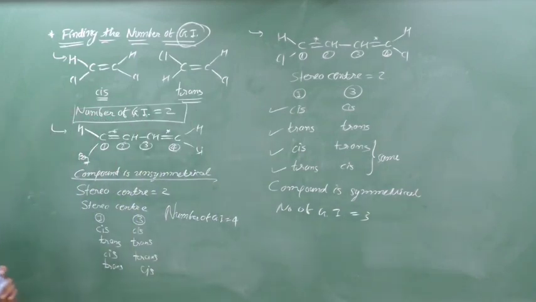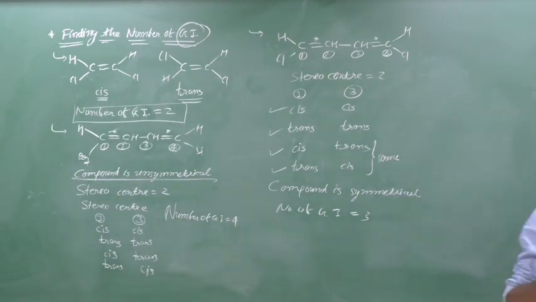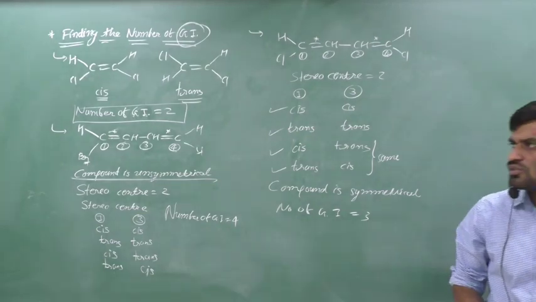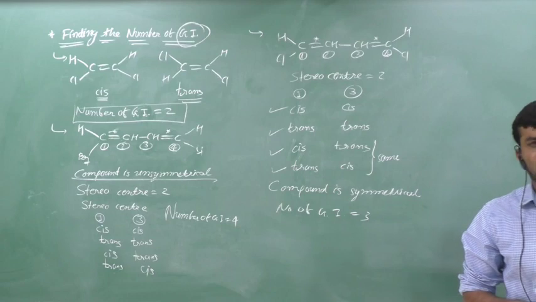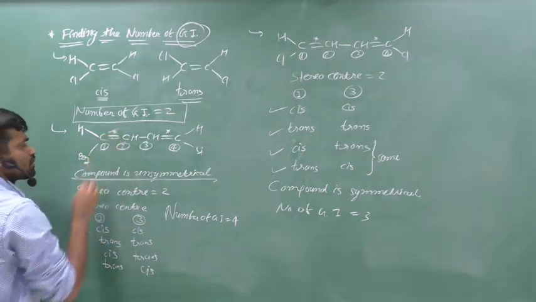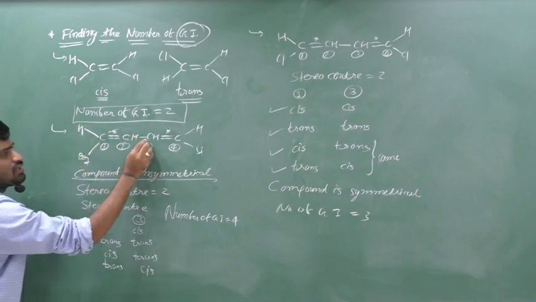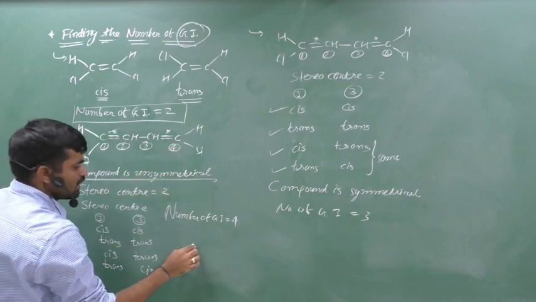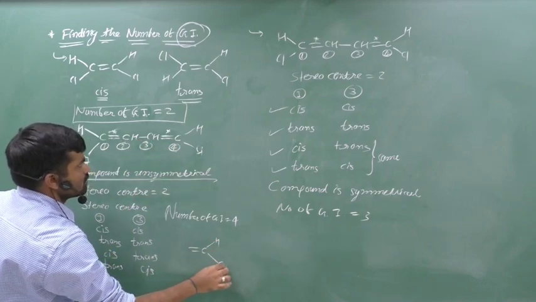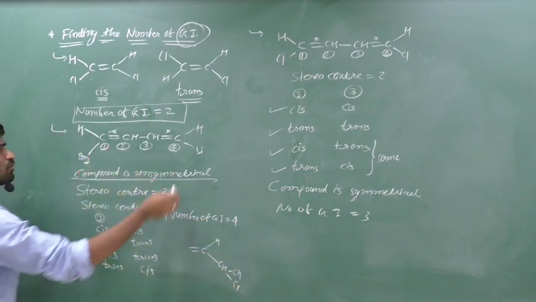Now we find the stereo centers in this compound from which it shows GI. We discussed in the last lectures what a stereo center is. A stereo center is a point from which the compound shows geometrical isomerism. The first point is this, because of the restricted rotation of the pi bond and two different valencies on the carbon. Here also there are two, one is H, the second one is that. Clear? We write it like this: double bond C, H, here CH, CH, Cl. This is one form of this compound.